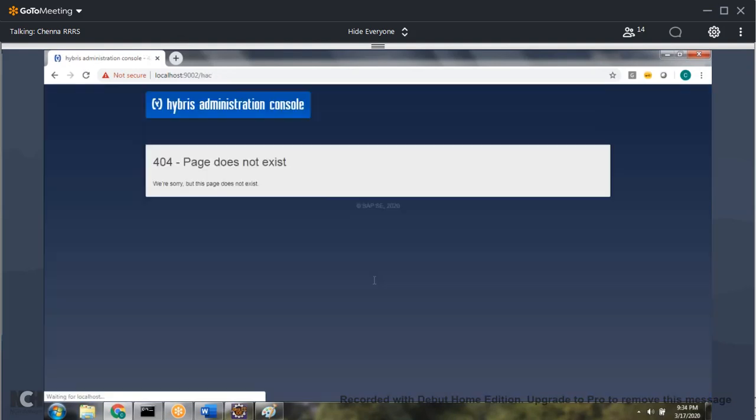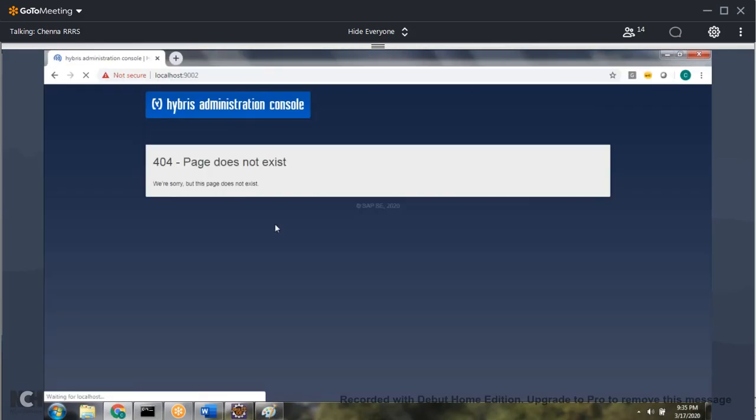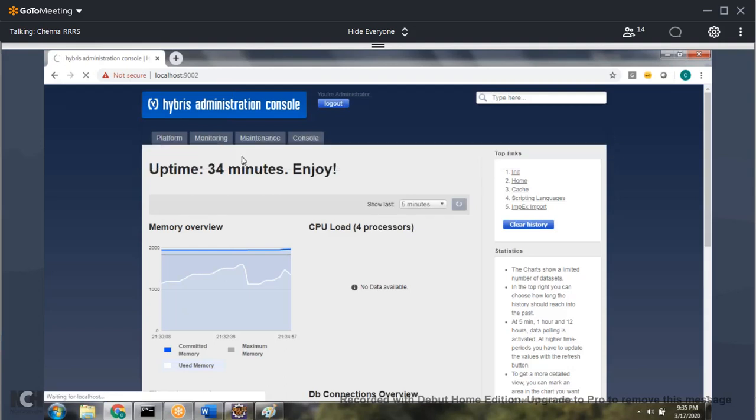So I want to see user table records. You should not use deployment; you should use user. You can see here flexible search queries.